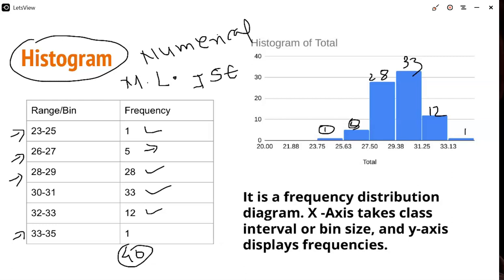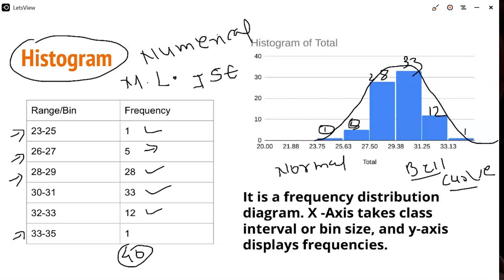Now see, if you draw a smooth shape like this, it represents an inverted bell. So this curve is sometimes called the bell curve, and it is used to identify how the values are distributed. If you get such a bell curve, then the values are normally distributed. So this is a normal distribution. You might have studied this in statistics.